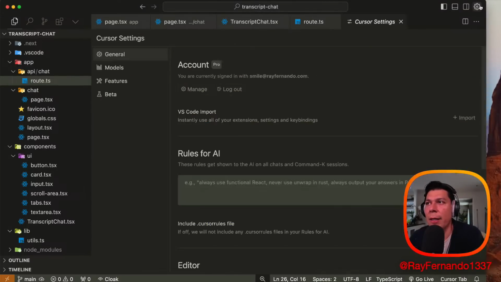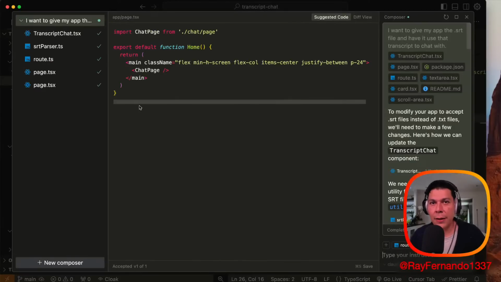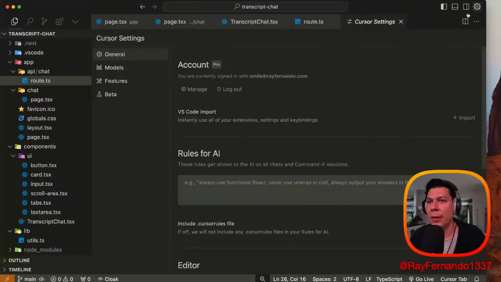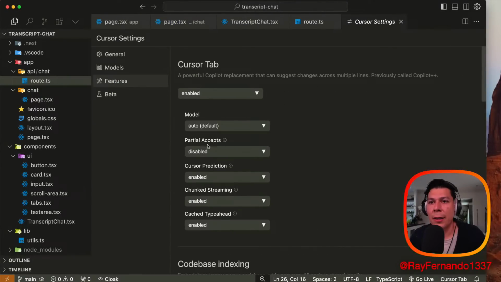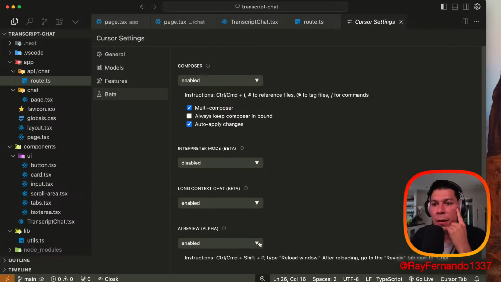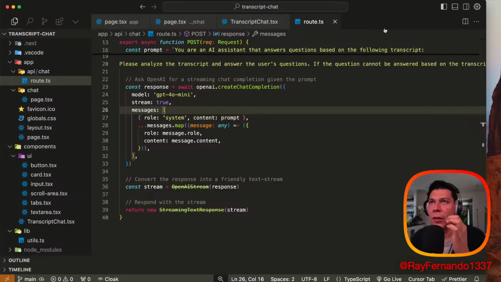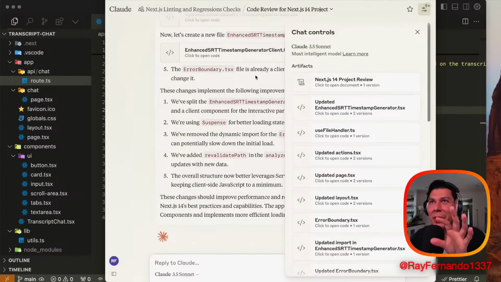And then the next stream is Cursor technically should have this new thing called, let's see, what is it? In Command Shift I, a new composer. There should be a project view, and I don't see that here. I think I have the latest version, but I don't see that yet. So beta features, partial accepts, Cursor prediction, beta, interpreter mode. Huh. Yeah, it doesn't have it here yet. Maybe my version needs to be updated soon, or I don't know. But I saw somebody had that feature, and that's the feature that I saw at the Cursor meetup, the projects thing. But basically, I want to bring everything that I'm doing in Claude Projects into here,